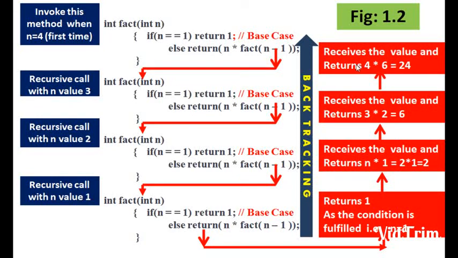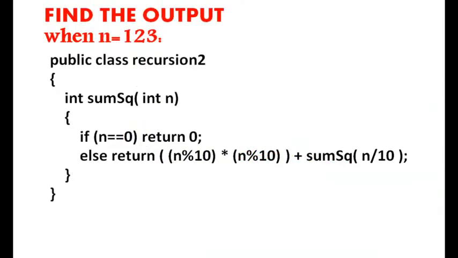Do you find this concept tough? Do not worry. View this part again. You will definitely understand. On the screen you will find a Java code where I have used a recursive function. You have to find out the output of this program when n value is 1, 2, 3. Find the output of the program and suggest a proper name for the above class. When you do the dry run, you will get to know what this program is actually trying to do. So as per that, you suggest a name. I'll be waiting for your answer.